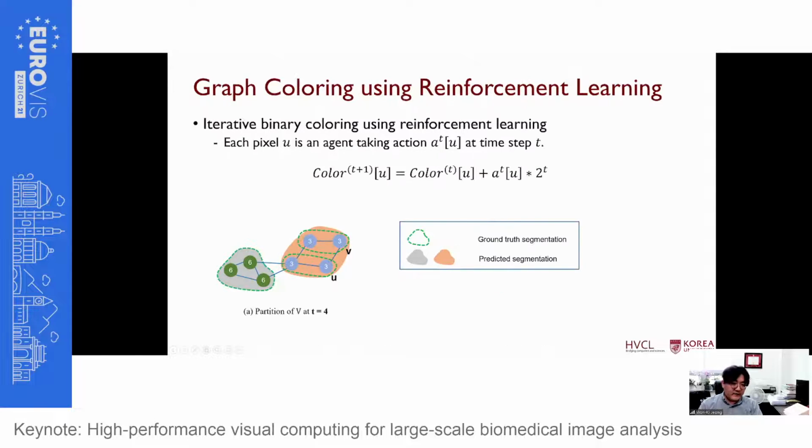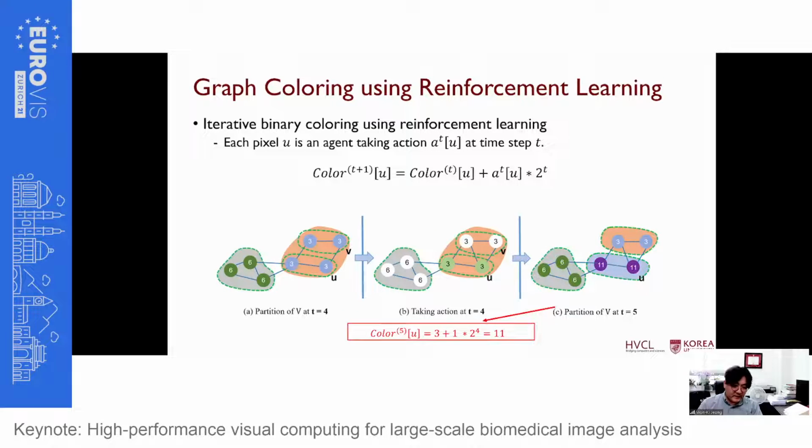And how can you assign color? We use a kind of reinforcement learning. Basically, we treat this as a decision process, iteratively deciding whether my color is the same as my neighbor's color, by looking at my edges and making a decision. This is the so-called action in reinforcement learning. We define this action so that we can split different objects into different colors.